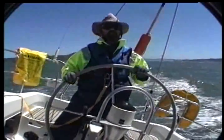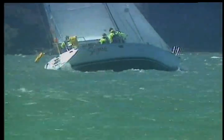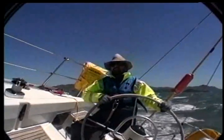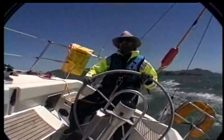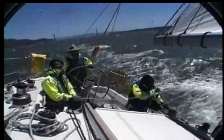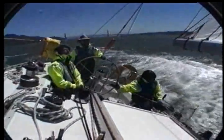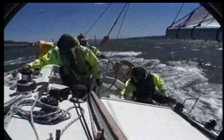I'll have a lot more comfortable ride. Reefing the mainsail is one of the most basic tasks a sailor learns. But in the kind of weather that requires a second reef, it may not seem so basic. The best advice about reefing: if you think you need a reef, you probably do. Go ahead and tug it in. You can always shake it out if you're wrong, but 9 times out of 10, your first instinct will be